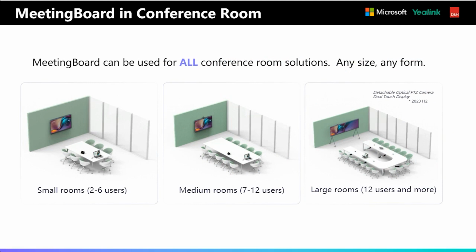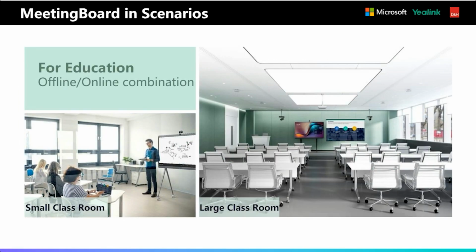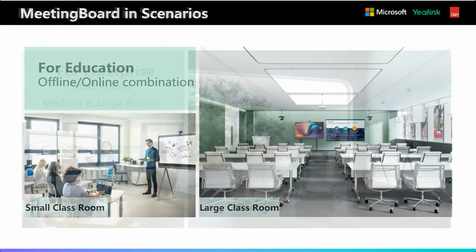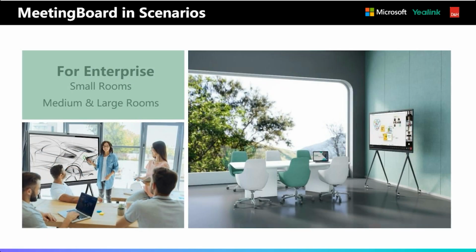All right, so this meeting board, we can say it can be used in all conference room solutions because we have an extended ETV, extended microphone, and extended camera. That means you can use it in every size of room, small, medium, or large. You can always use it because we have extensions to enhance the abilities. And also for education, we have a specific solution that can use the Microsoft native Whiteboard for collaboration. For some enterprises, you can use the share room as a shared open space, also for collaboration.